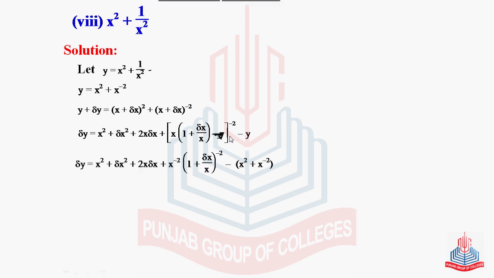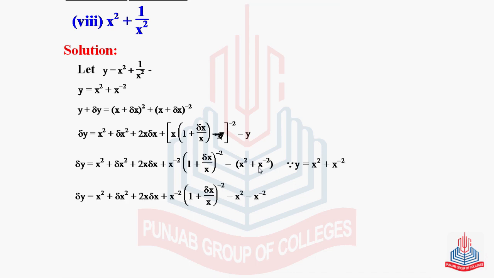Now delta y is equal to x square plus (delta x) whole square plus 2x delta x plus x raised to the power minus 2 (1 plus delta x over x) raised to the power minus 2 minus, just put the value of this y, x square plus x raised to the power minus 2. So again applying this minus to this portion, that will become minus x square minus x raised to the power minus 2. This x square will be cancelled out,